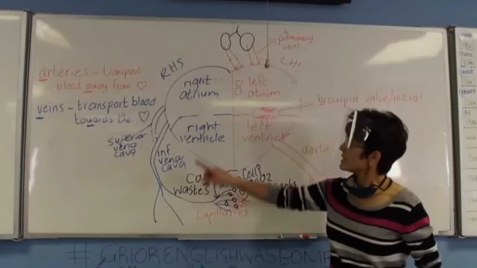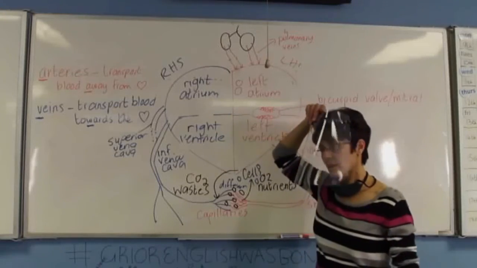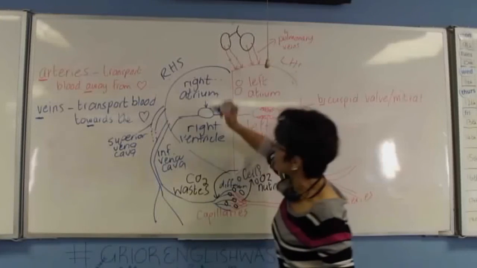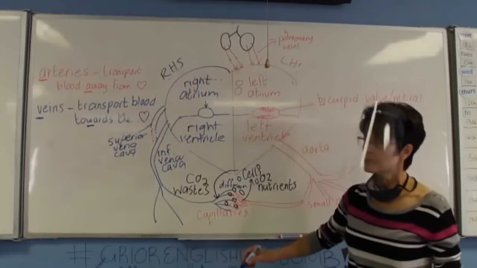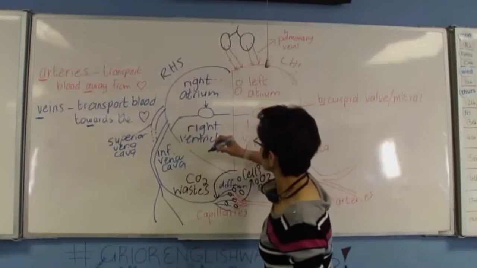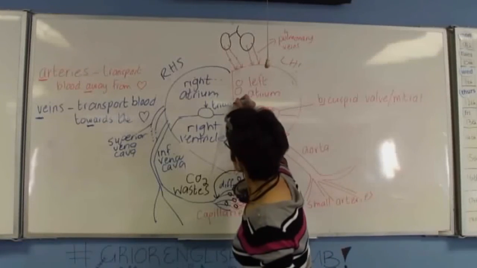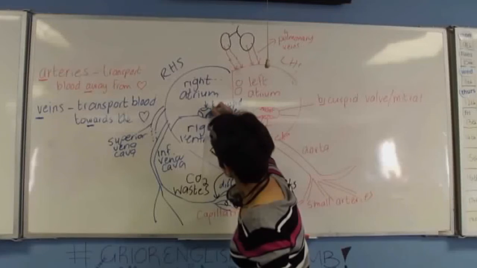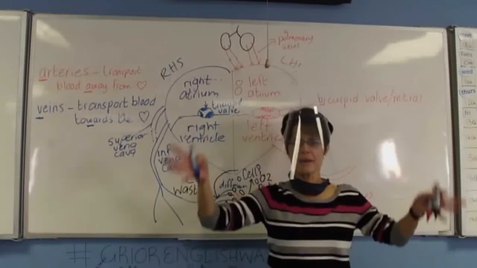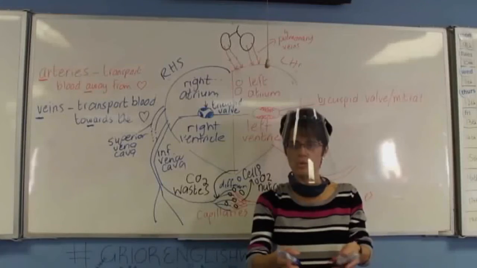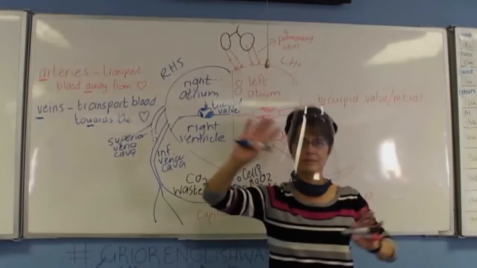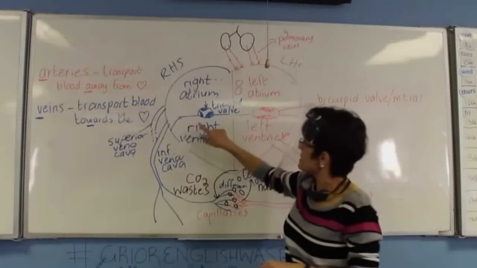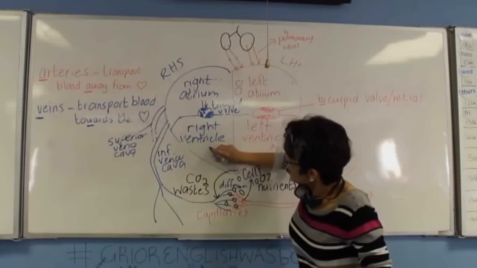Okay, so now the deoxygenated blood has entered the right atrium. So the atria contract and the blood is then forced through the valve, and that valve is called the tricuspid valve. Okay, I'm running out of space. So how many flaps does it have? Three. Like a trap door. Okay, so there's 3 little flaps. If I had 3 hands, those 3 little flaps open down, and the blood passes through into the right ventricle,